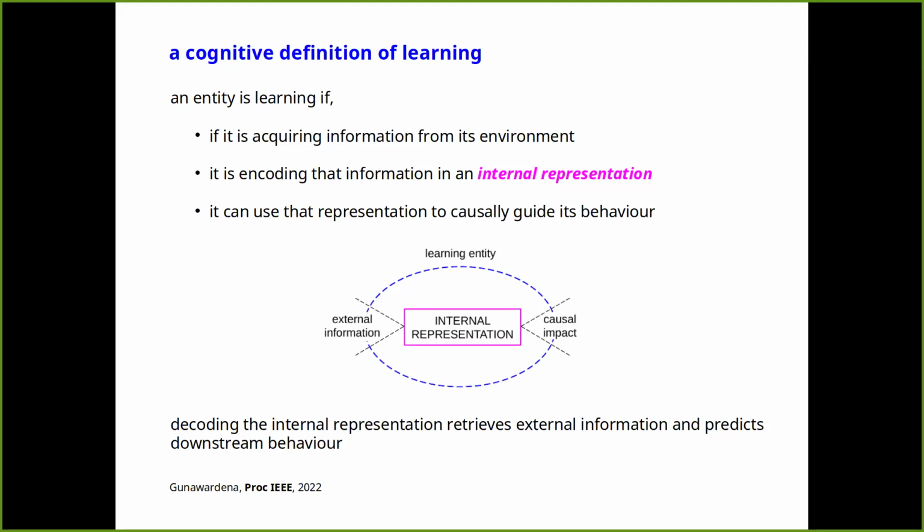Okay, so I'll take it a little bit further in trying to say more about internal representation. This idea is really trying to exploit the understanding of learning that comes to us from psychology and cognitive science, and bring it to bear on the cell. But in fact, I think we already know that cells are learning from this point of view. We already know several molecular internal representations just from our understanding of biology, the current literature. It's just that people don't think about it in terms of learning.